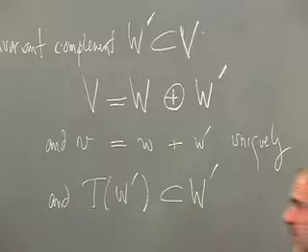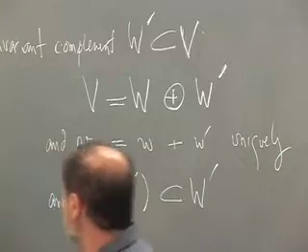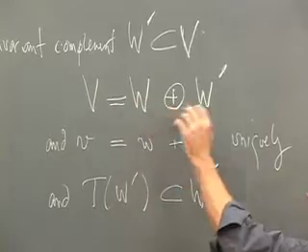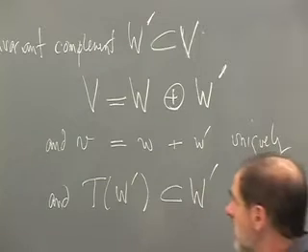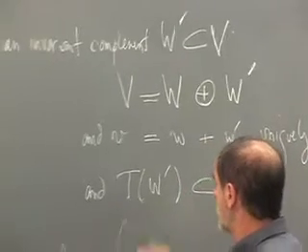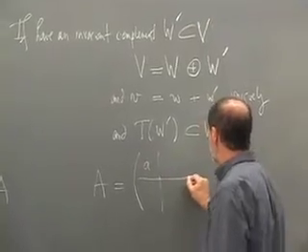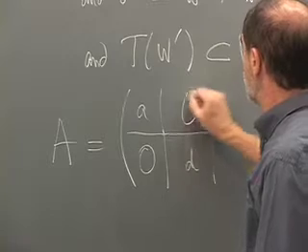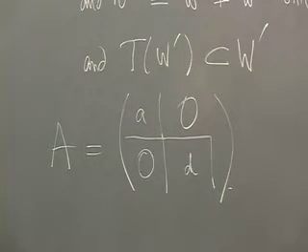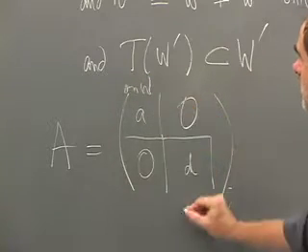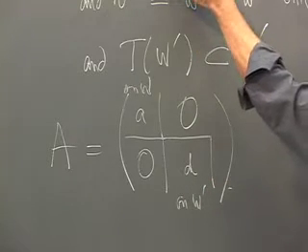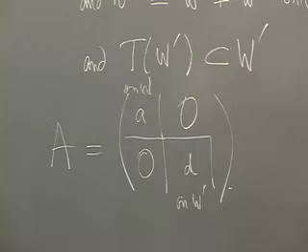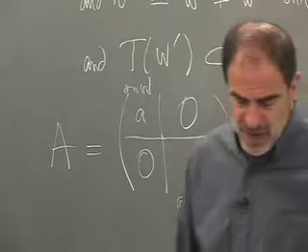Then the matrix looks even simpler if we choose a basis of W and adjoin it to a basis of W prime to get a full basis of V. Then our matrix A looks like this. A square matrix on W, a square matrix on W prime, and zeros elsewhere. Namely, the matrix starts to look more and more like a diagonal sum of matrices. So this is on W, and this on W prime. But that's with respect to a basis that's intelligently chosen, namely the union of a basis of W and a basis of W prime. Now, an extreme case of this is